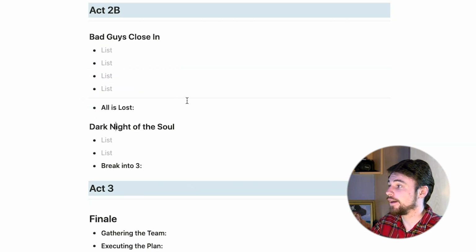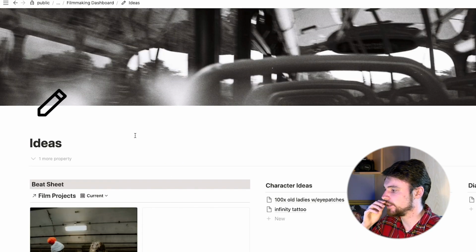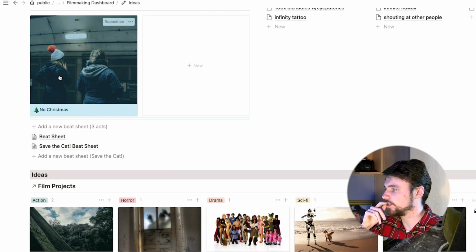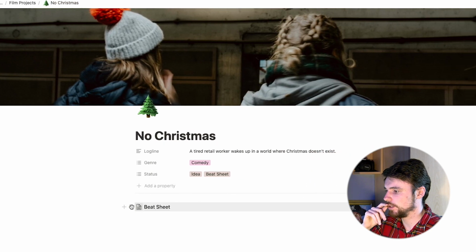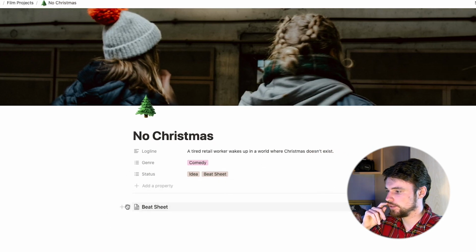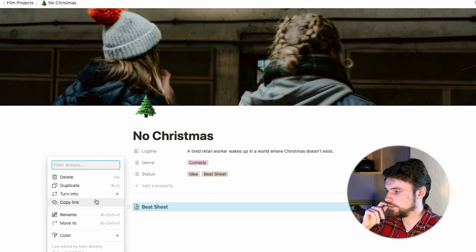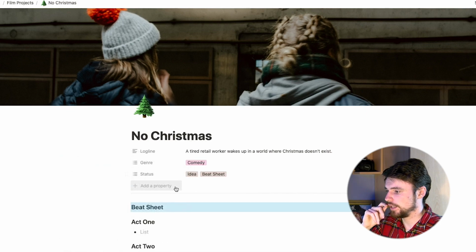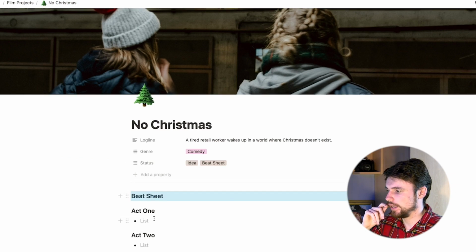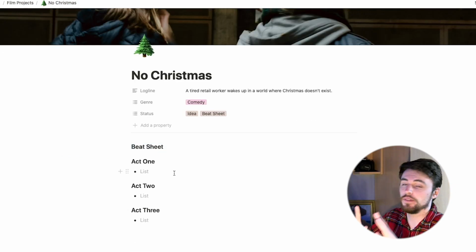that structure. And then what we can do with these beat sheets is, when we have them, we can bring them onto our page. I'm going to open this. I'm going to open our page here. And then I'm going to, or actually no, I don't need to do that yet. I'm going to turn into heading tree. And then, well, we can have that there. And then as you can see, we now have that on this page.